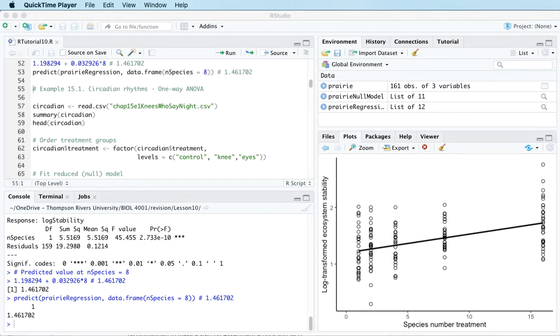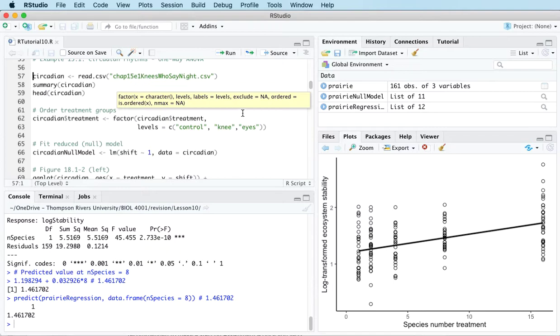In the last video we looked at how simple linear regression fits into the framework of a linear model, and in this video we're going to see how analysis of variance also fits into that same linear model framework. So we'll revisit an example we looked at before. This was to do with circadian rhythms,